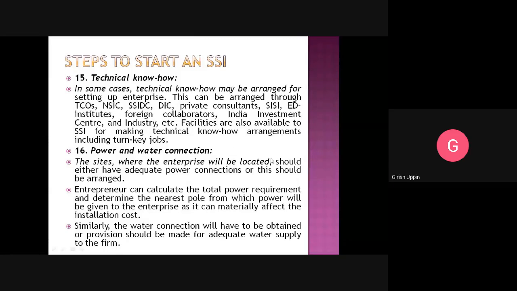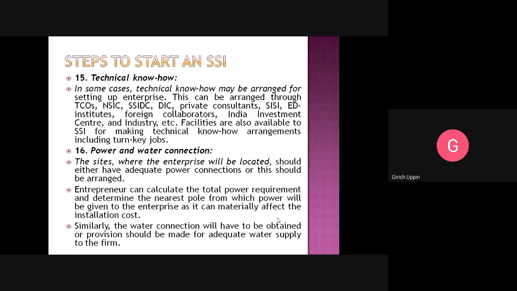So similarly, you have to think about this. For most small scale industries the power requirement is not very huge, so it should be able to be supplied from agencies like HESCOM. The entrepreneur can calculate the total power requirement and determine the nearest pole from which power will be given to the enterprise, as it can materially affect the installation cost.